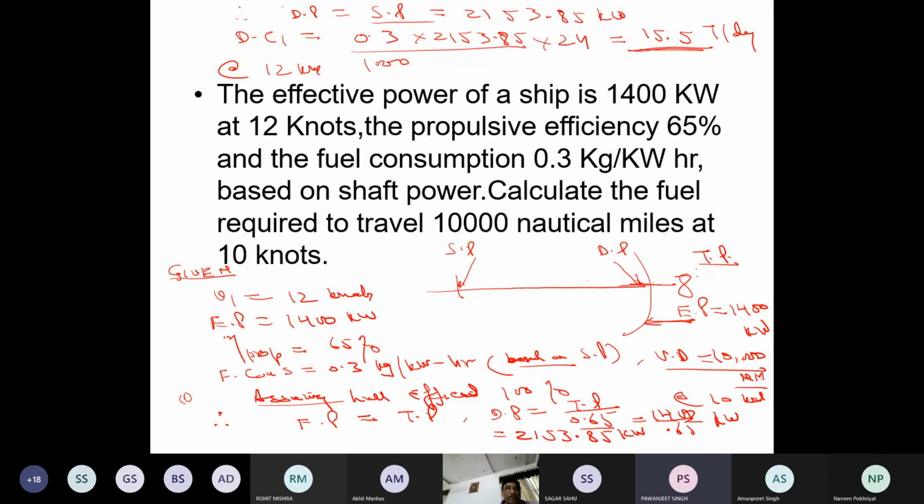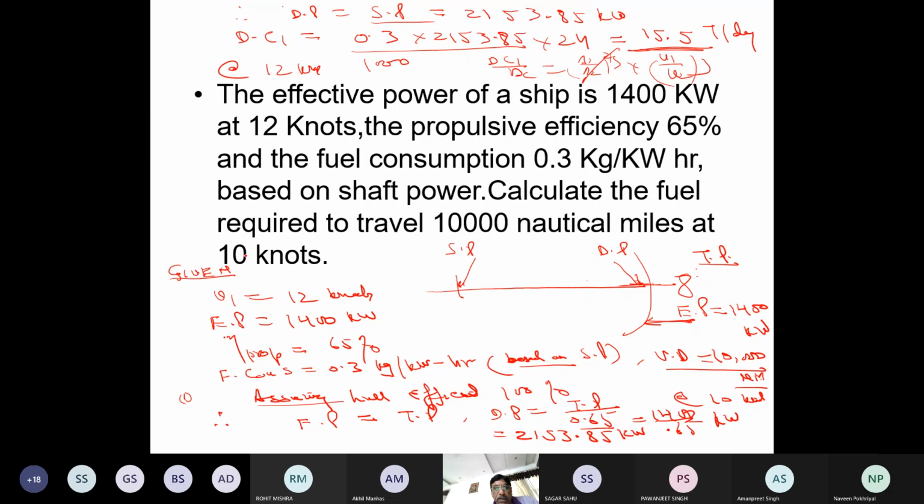हाँ जी सर। अब ये हमारी 12 नॉट्स पे आई, ये सब कुछ 12 नॉट्स पे है। अब हम DC1 बाई DC2 फार्मूला लगाएंगे। What is the DC1 by DC2 formula? DC1 by DC2 is equal to delta 1 by delta 2 raised to power 2 by 3 into V1 cube by V2 cube. लेकिन यहाँ डेल्टा 1 डेल्टा 2 सेम ही है। तो DC1 हमें पता है, जो अभी निकाला हमने 15.5, DC2 निकाल लेंगे हम। V1 V2 पता है, V1 is 12, V2 is 10